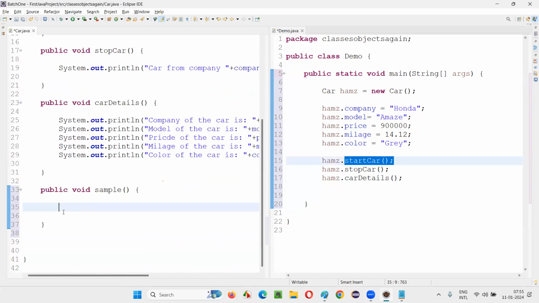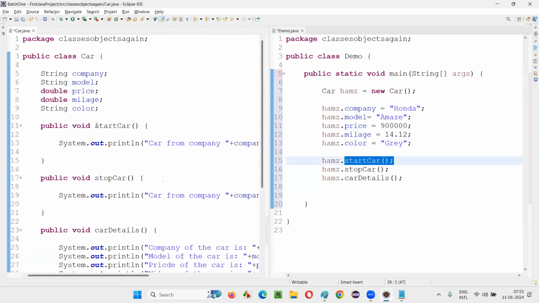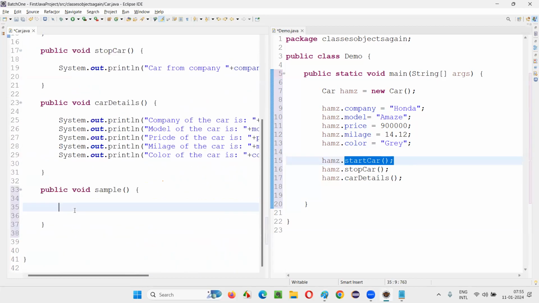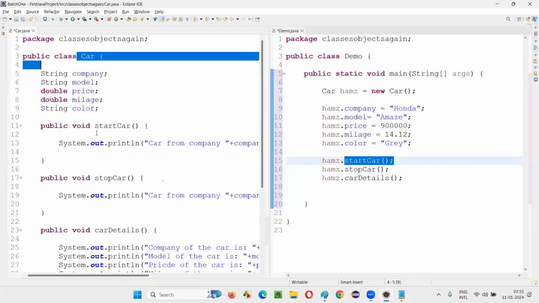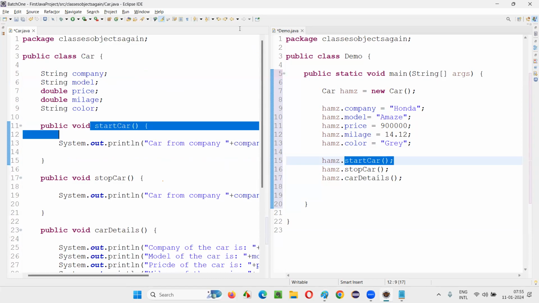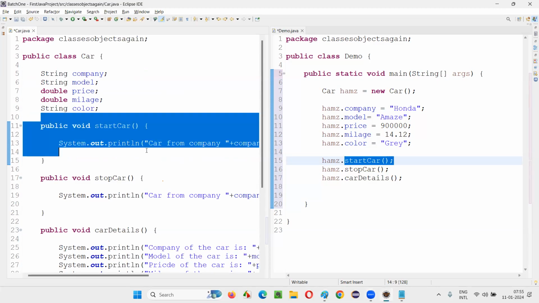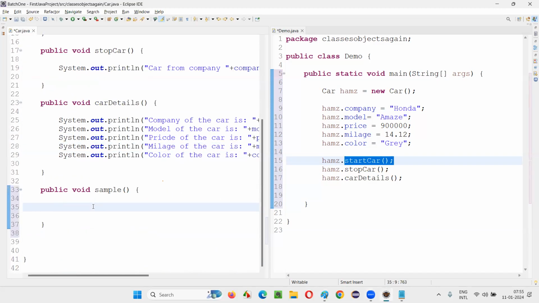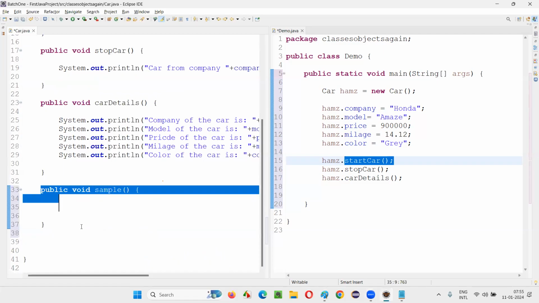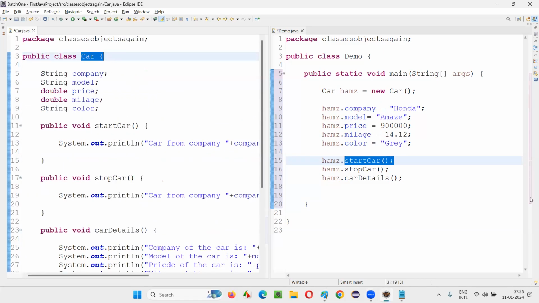So I have one more method. From this method, if I want to call the start car method, do I have to create an object for this car class and then using the object reference call start car? Is it required? What do you say, guys? This method also belongs to the same class.